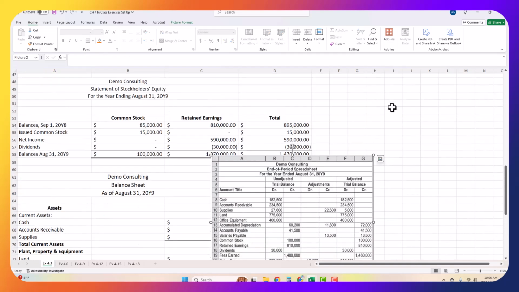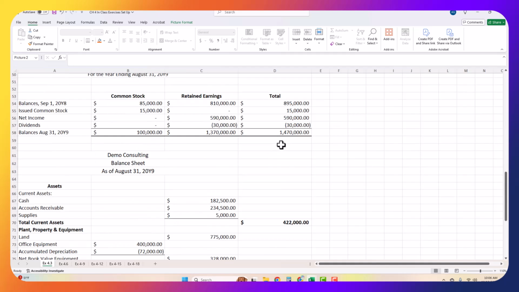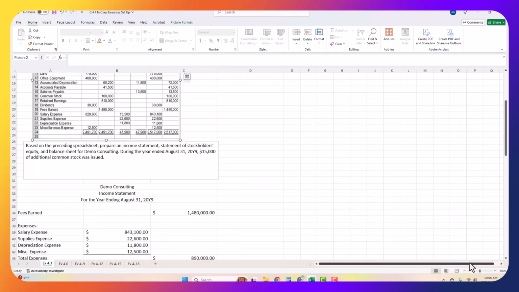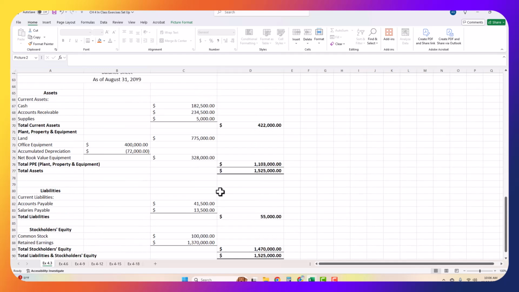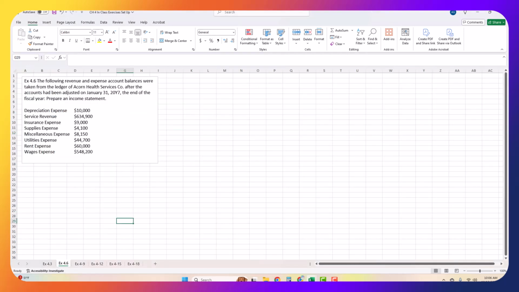So I'm going to drop my picture back at the top for the setup of this problem. But that is your final balance sheet right here. I'm going to zoom out. Total assets was 1,525,000. Total liabilities and stockholders' equity is the same number. So that is the exercise of making all three statements, the statement of stockholders' equity, the income statement, and the balance sheet, from an adjusted trial balance ending spreadsheet. All right, we're going to move on and talk about